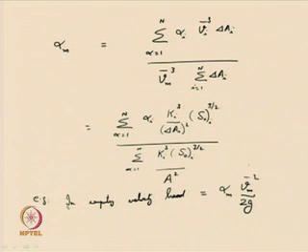So, it is not simply V m squared by 2 g, it is alpha m times V m squared by 2 g. Similarly, the momentum correction factor